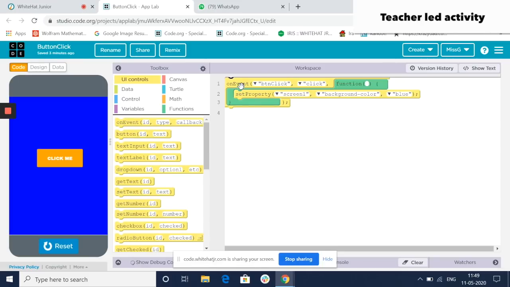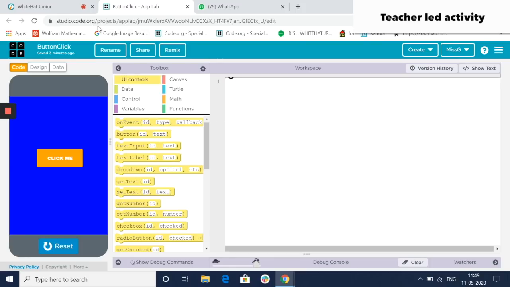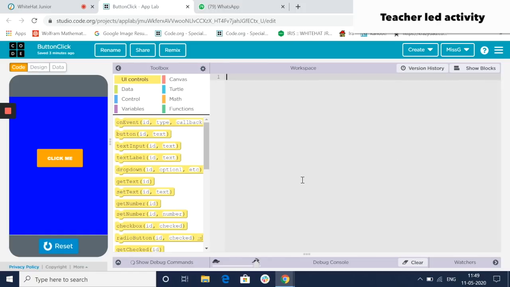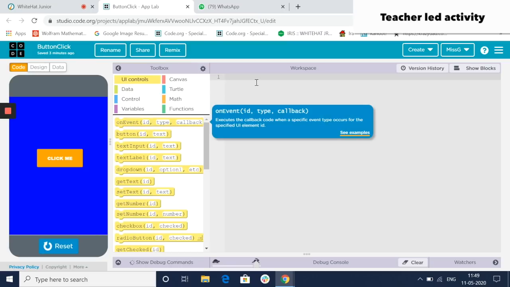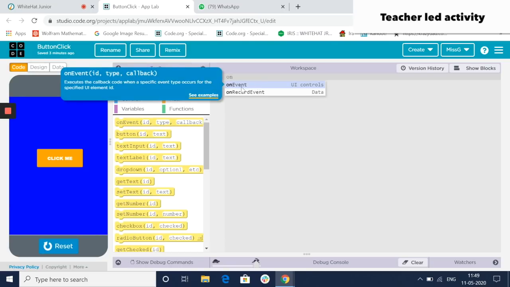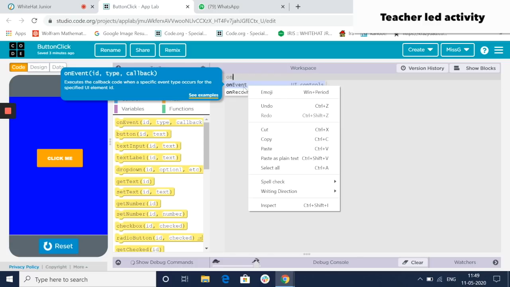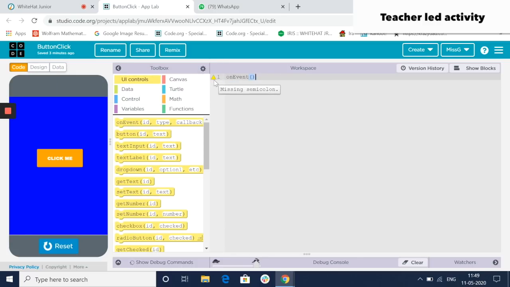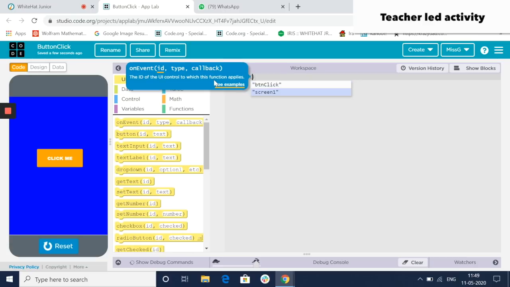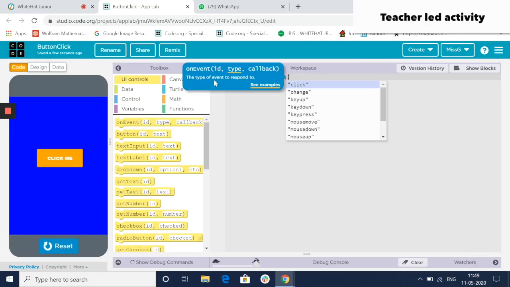Okay. So we did this by dragging and dropping the blocks. The same thing we can do by typing in text mode. Now text is stricter and unforgiving. Okay, so you need to know your syntax. So on event, do you see autocomplete? Yes. I double click it. So this is what? See, it will give me the syntax that is appropriate. On event of button click event. Do you see? It's building the syntax for me.